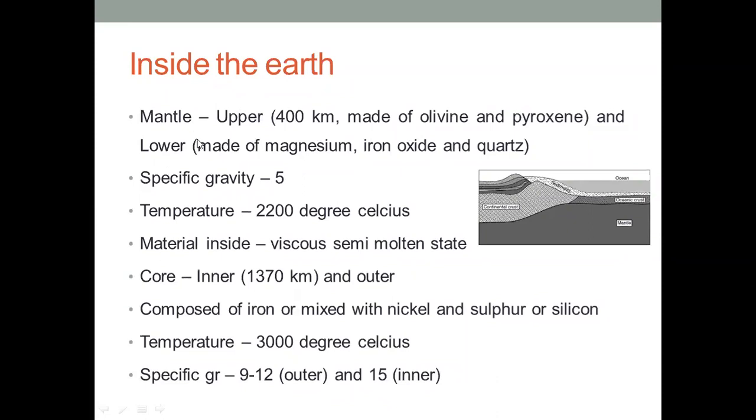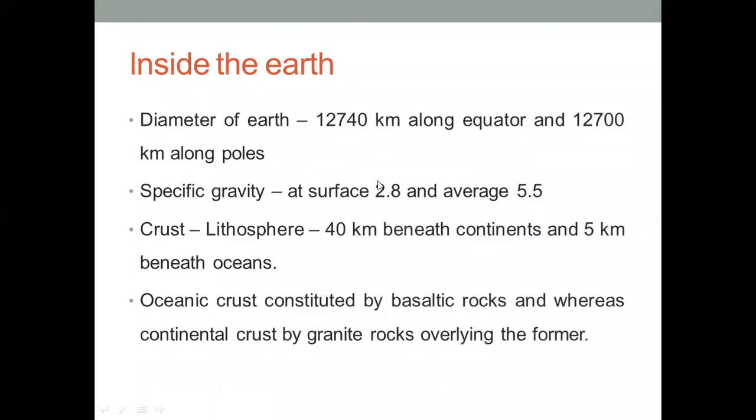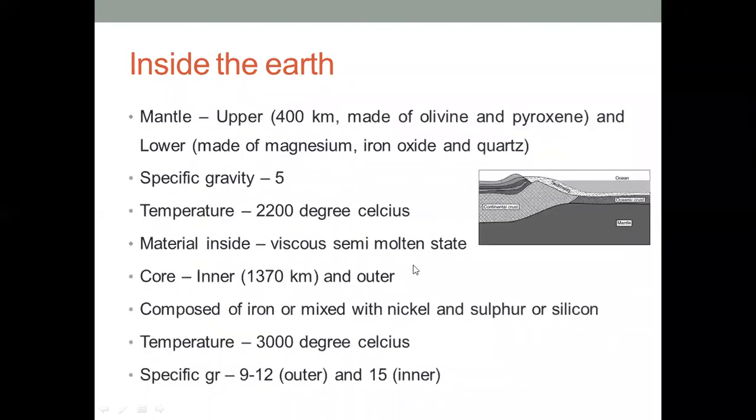It is made of upper mantle. The upper mantle is 400 kilometers thick, and it is made of olivine and pyroxene materials, and the lower mantle is made of magnesium and iron oxide and quartz. The specific gravity of the mantle is 5, the temperature inside the mantle is 2200 degrees Celsius, and the material inside is in a viscous semi-molten state. Here the material is solid, here it is a viscous semi-molten state, and the inner core is 1370 kilometers in diameter, and composed of